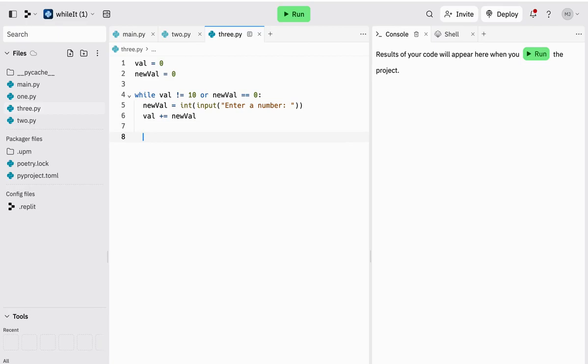Now here's where we want to think, okay, so how are we going to escape this loop potentially? Because I want the user to be able to enter in a value so that the code will stop. In this case it's going to be 0. So if the user enters in 0 for new value,